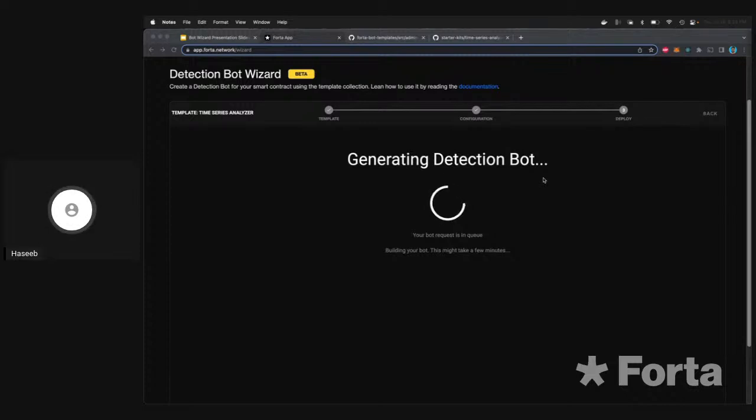But hopefully, going through these two example templates has demonstrated how easy it is to set up a detection bot